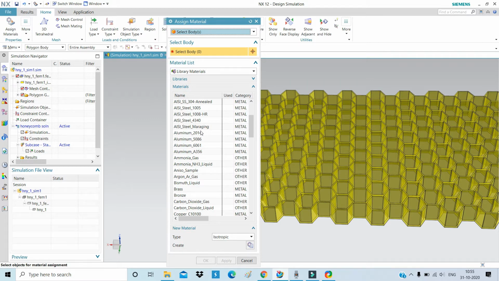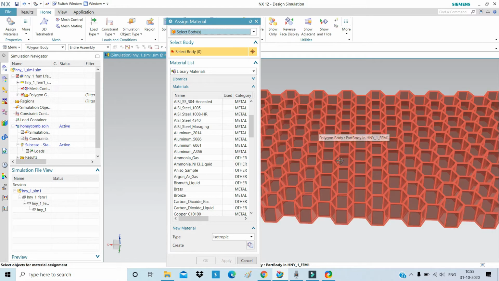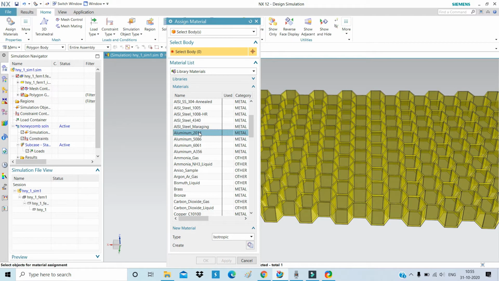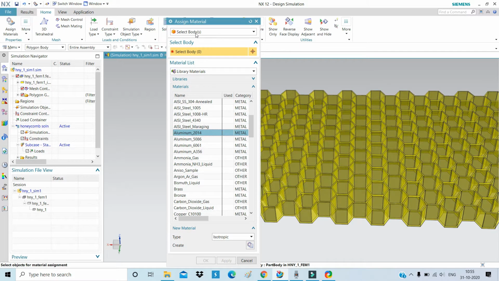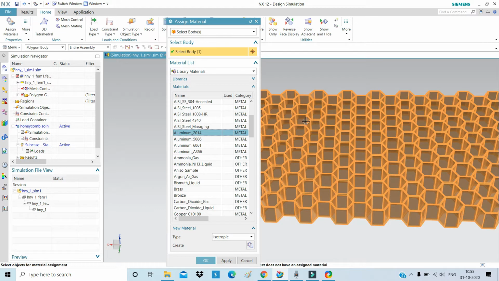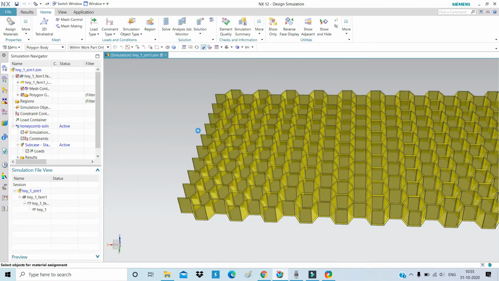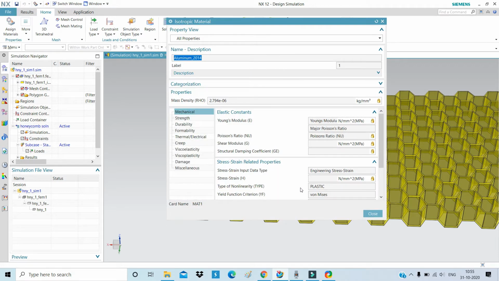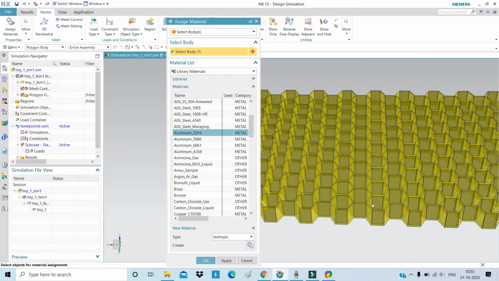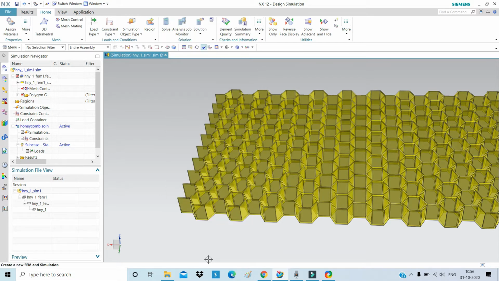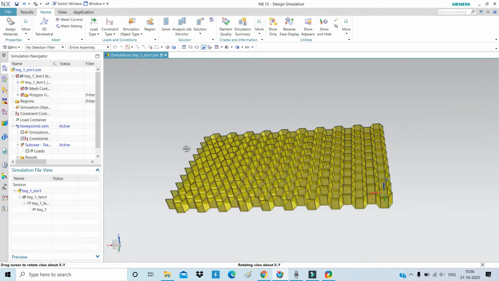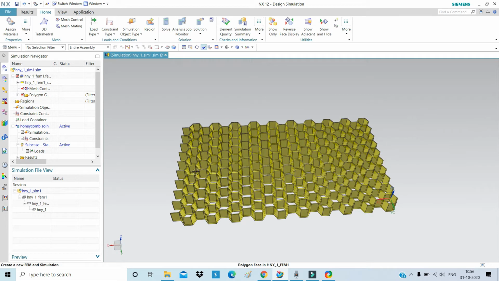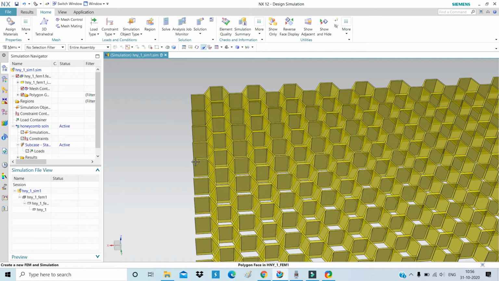We have to take aluminum. Okay, this is aluminum. The material is assigned. Our honeycomb structure is now an aluminum type of metal.